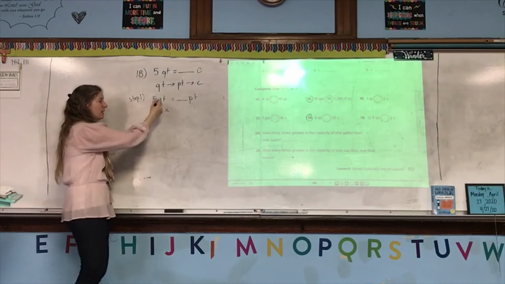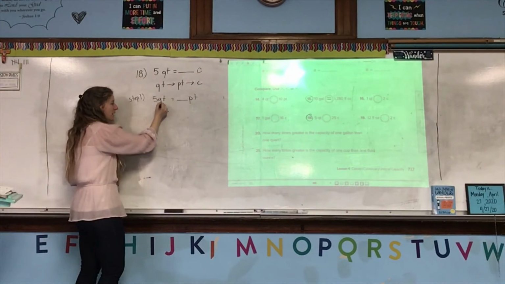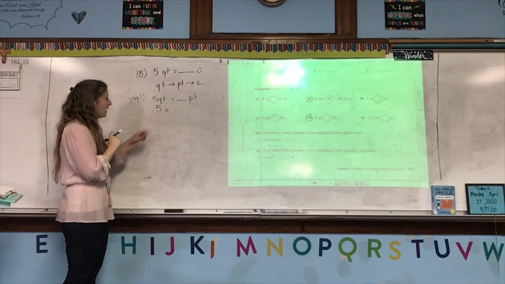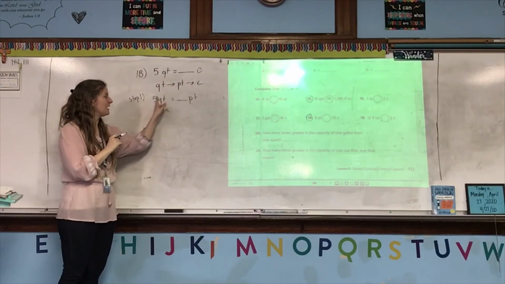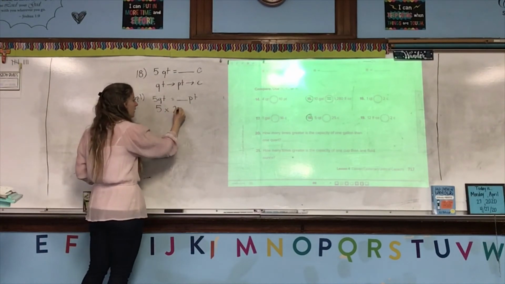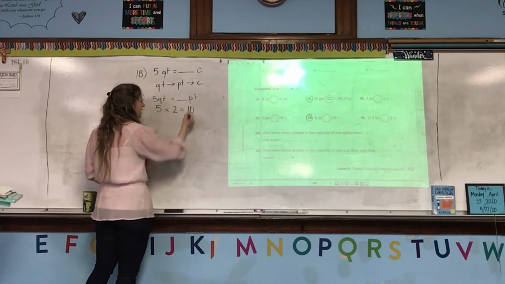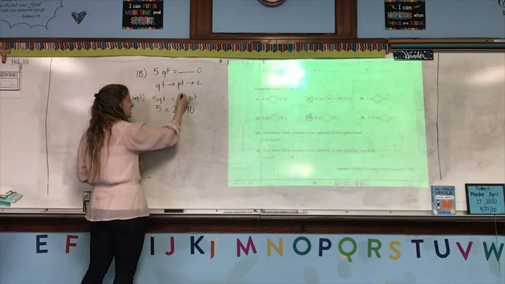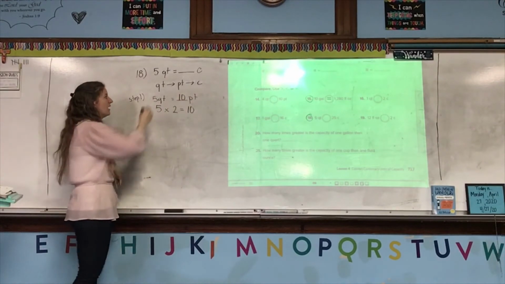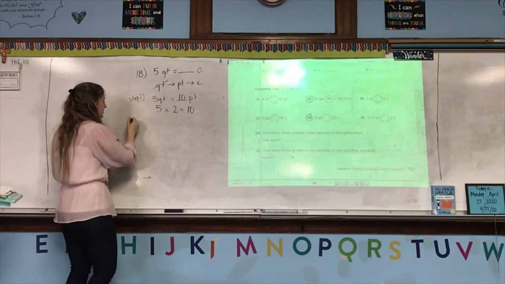We start with what we know from our equality, which is 5. Then we multiply by the number of pints in a quart, which is 2. 5 times 2 is 10, so that means 5 quarts is the same as 10 pints. Now we're done with quarts, so step 2